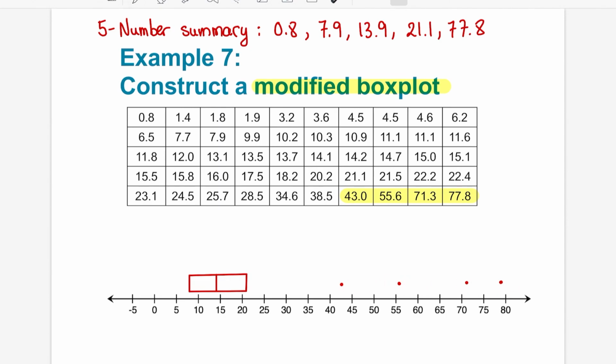Now I need to draw the line from Q3, but I don't know where to stop. So if you look at the data here, you are going to stop at the largest number that is not an outlier. So that is 38.5.